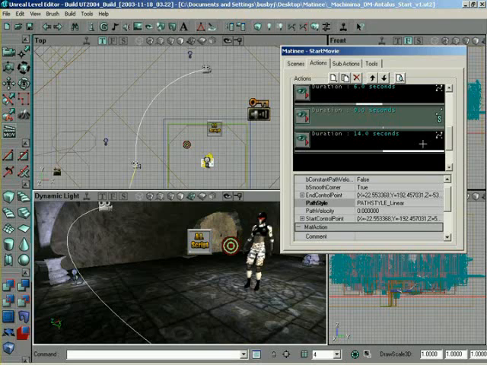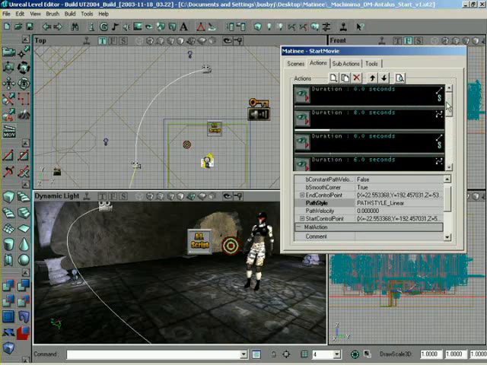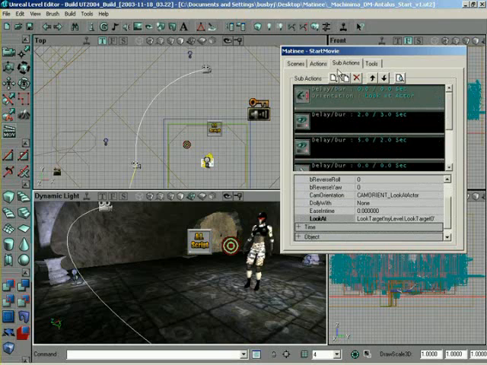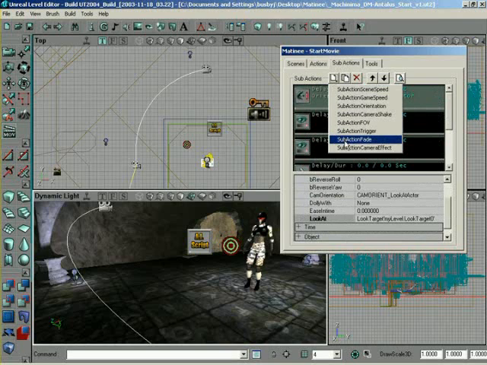Let's have it fade up at the very beginning. Let's have a fade right here and a fade out at the end because, again, we're wrapping all this into a final movie, and the fades are going to make things look a lot nicer. So starting out right here, the very first action, let's come over here to Sub-Actions and add in a Sub-Action